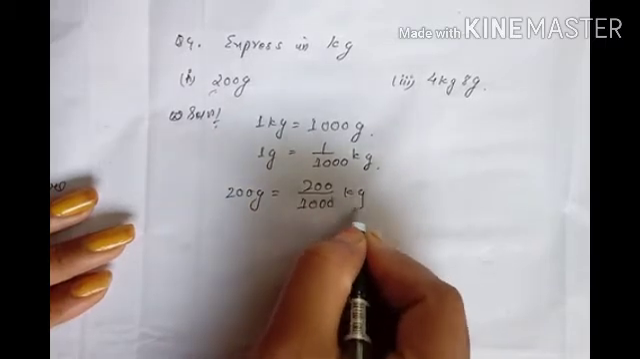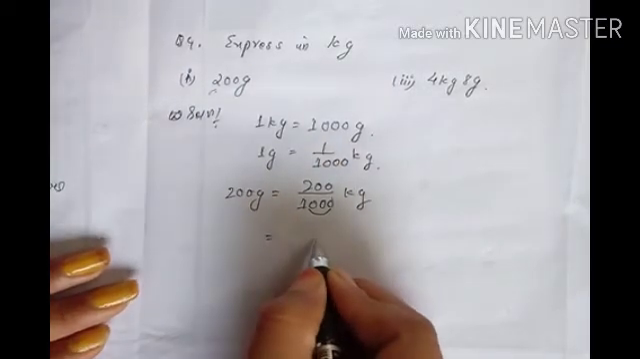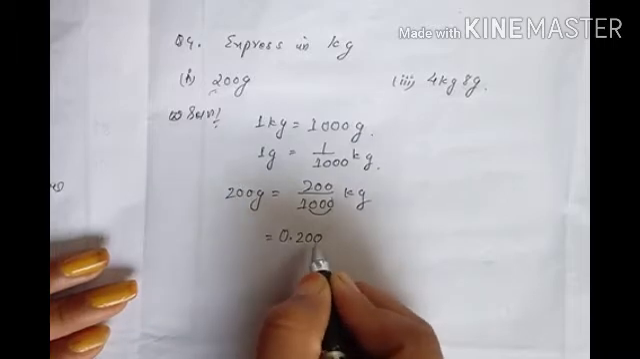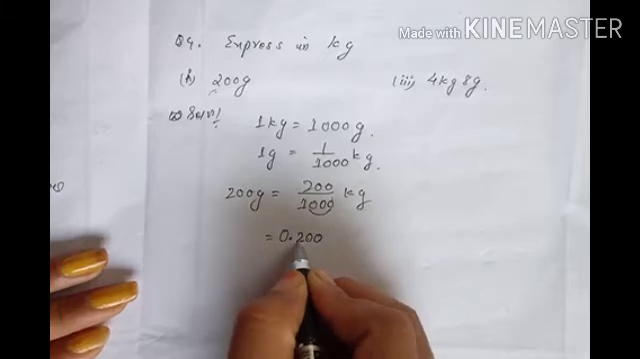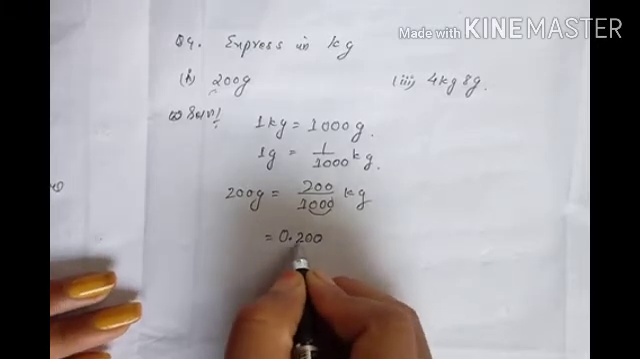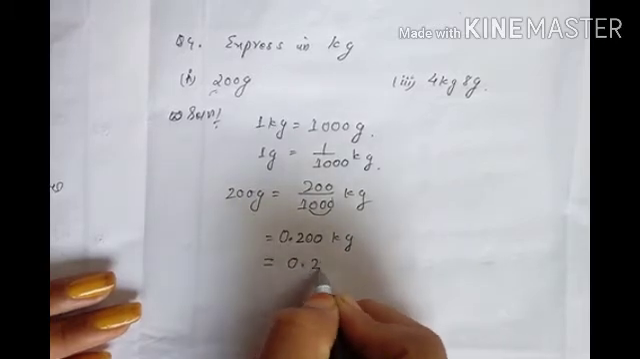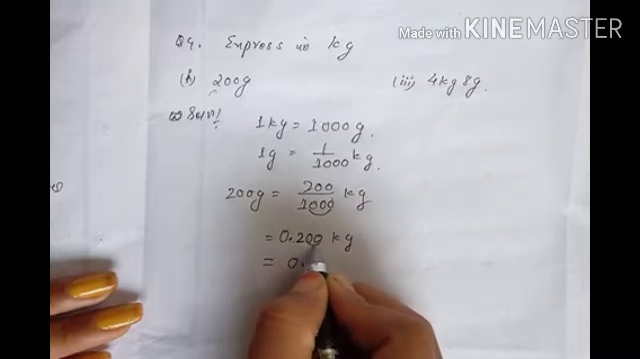Then this will become kg. So how many zeros are there? 3. So you have to put the decimal before 3 digits, isn't it? Before 3 digits from the right. So 0.200 kg. Now this can be written as 0.2 because in decimal, after a number if there is a 0,